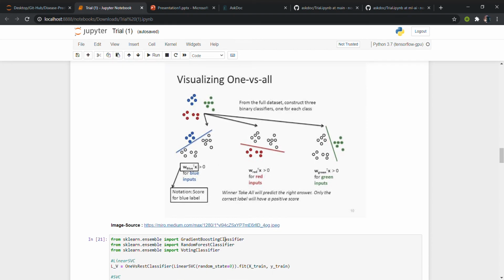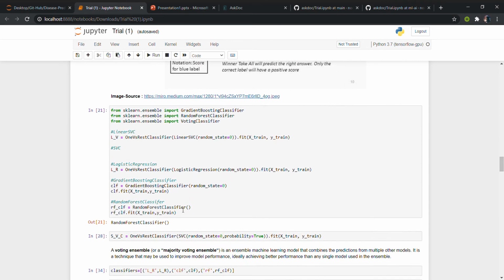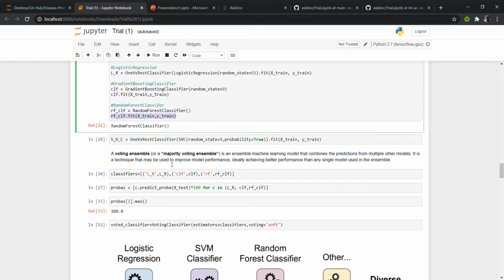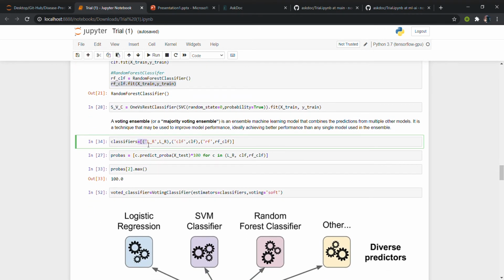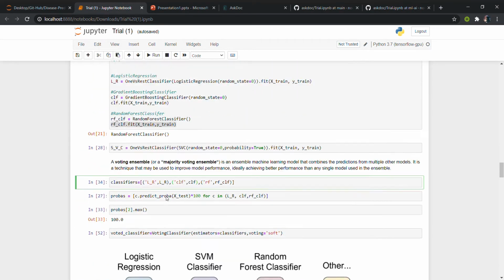As I said, we have used a voting classifier model, which takes as its argument a number of classifiers. Suppose we have these classifiers: linear SVC classifier, logistic regression classifier, gradient boosting classifier, and random forest classifier. We have given these classifiers in a list of tuples to the voting classifier model.